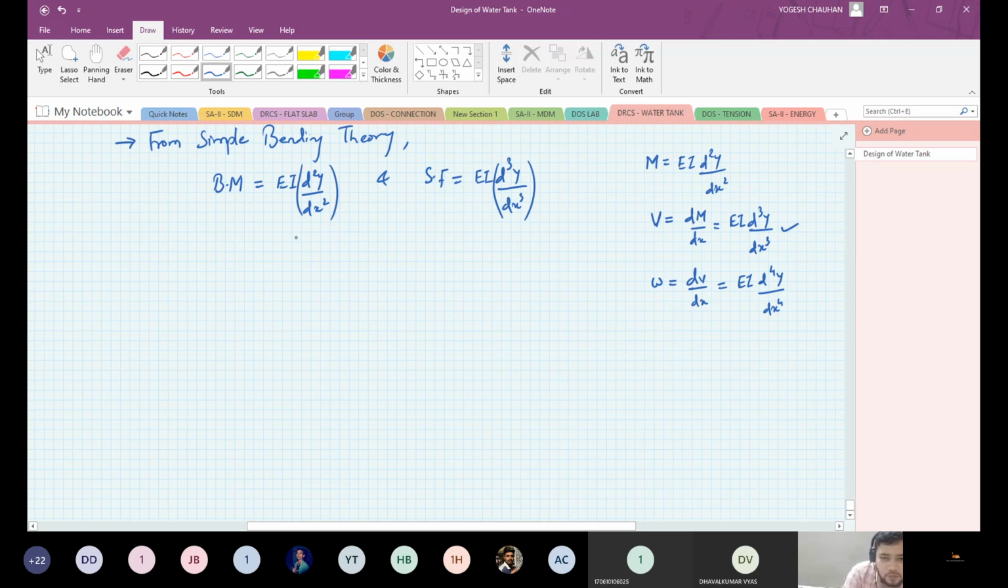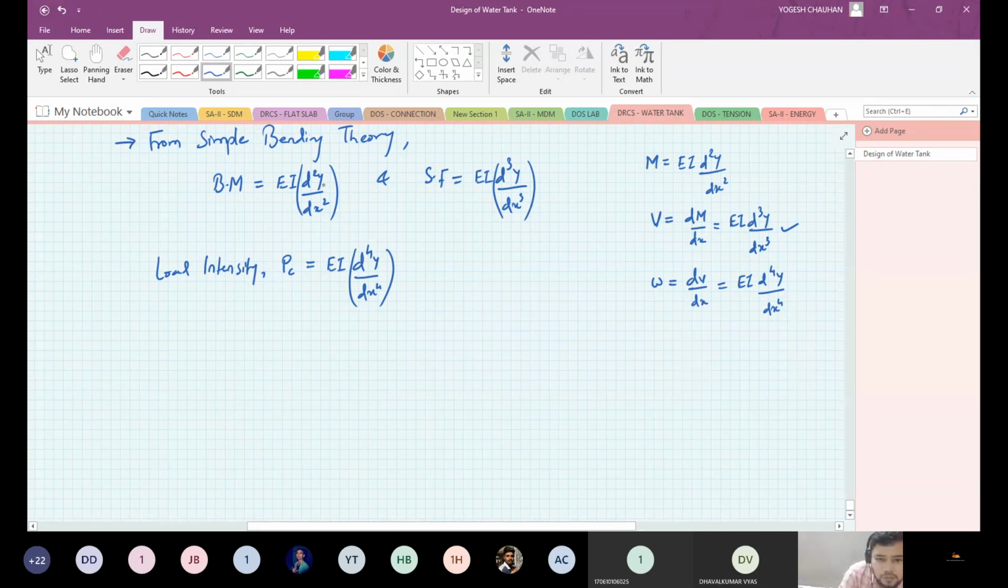and your load intensity, let it be PC, is equal to EI d to the power 4 y by dx to the power 4. Okay,